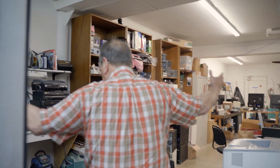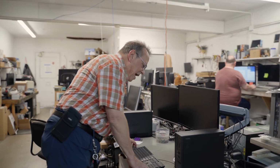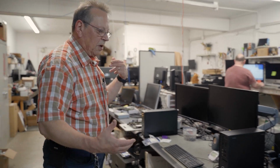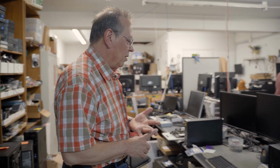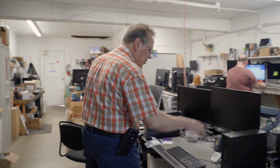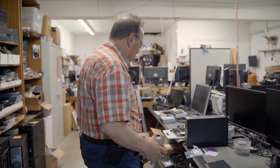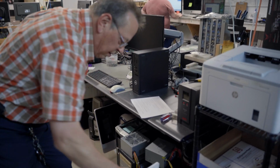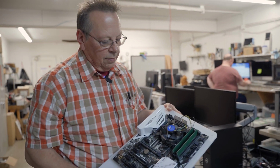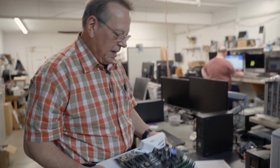This is our main work area right here. This is where all the brain stuff happens. Many of them are covered by anti-stat mats so that we don't harm the components that we're working with from electrostatic discharge, so on and so forth. Things like keyboards and mice, peripherals, monitors and stuff we have available at all kinds of places, as well as a whole computer that just needs to be plugged into a power supply, monitor, keyboard and mouse for diagnostic purposes